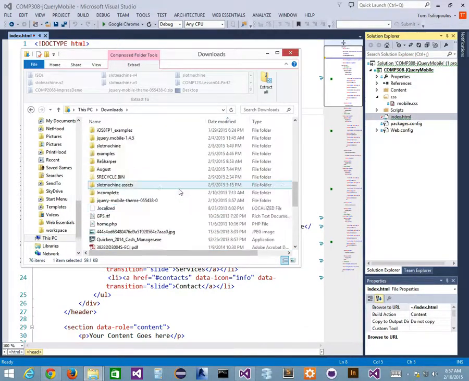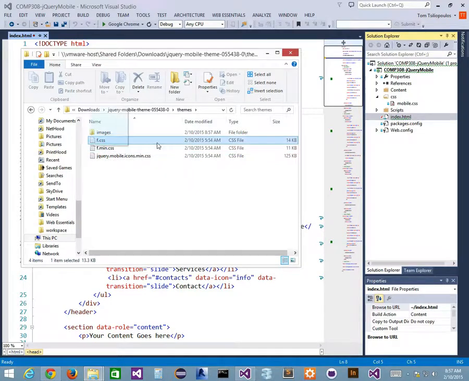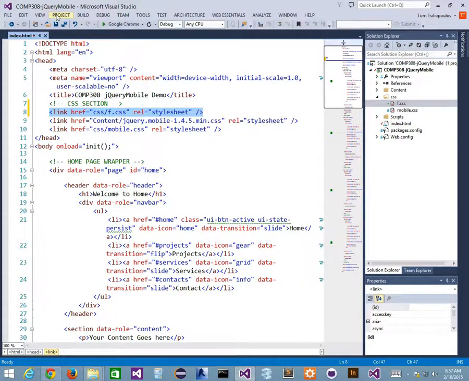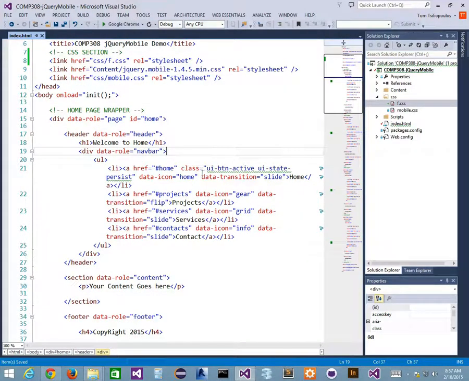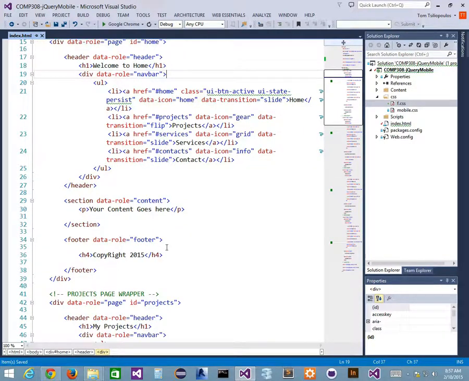And then from here, here's my theme. I'm going to grab F and slide it across to CSS. Here it is. And then from there, it's saying I should put it here. Let's see if I have access to it. Now I'm going to save this thing. And what I should be able to do now is, if I went to my footer, as an example, here's my footer. And if I say something like